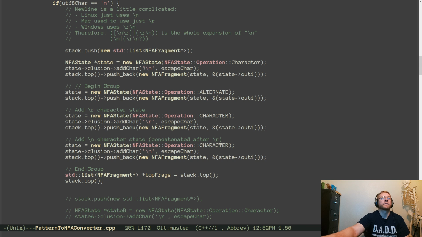Okay, so what we're doing is we're getting the \n or a \r followed by a \n, except what would be an optional, a 0 or 1 in here.